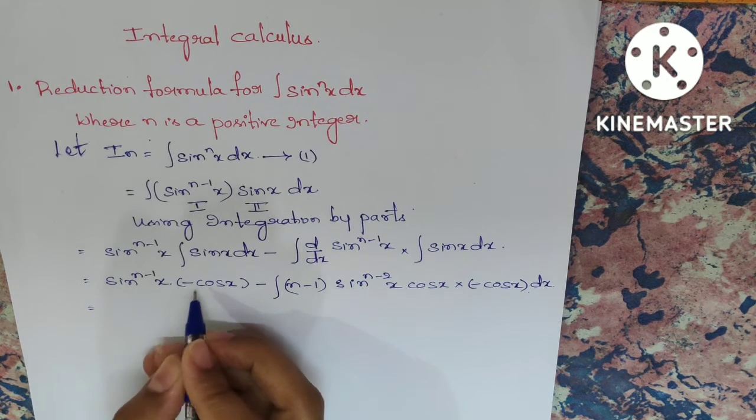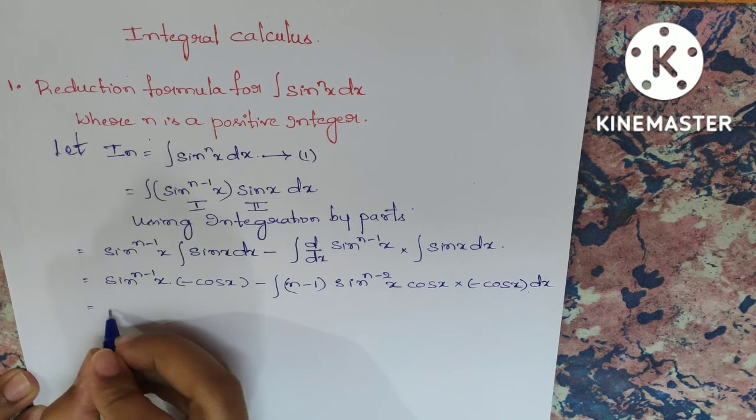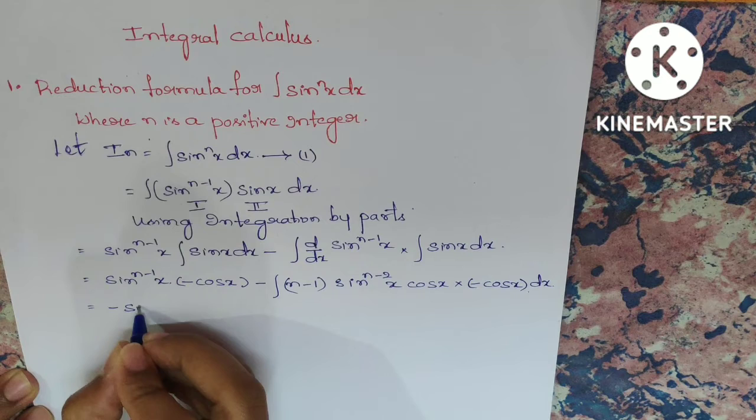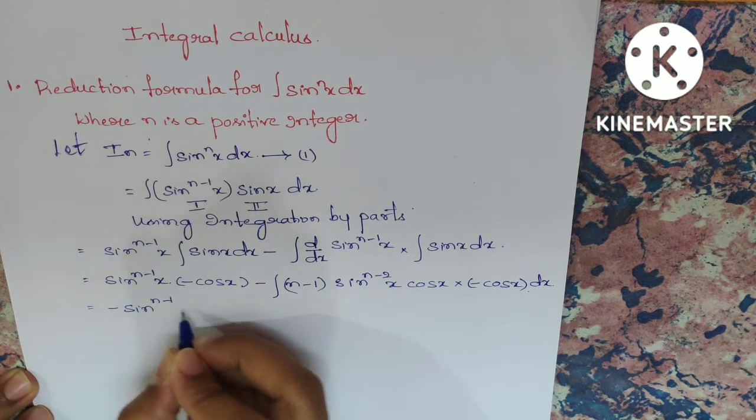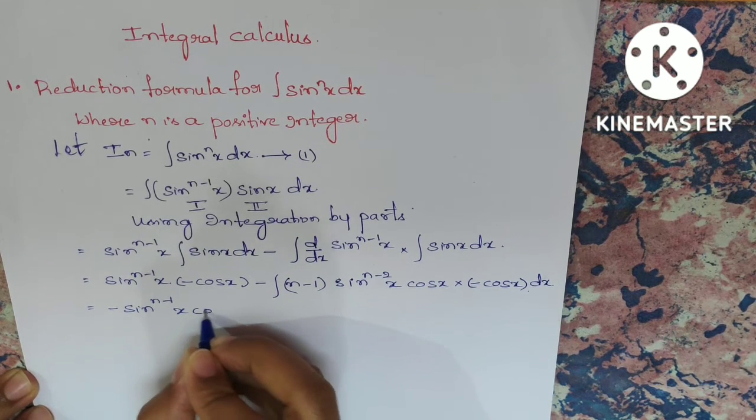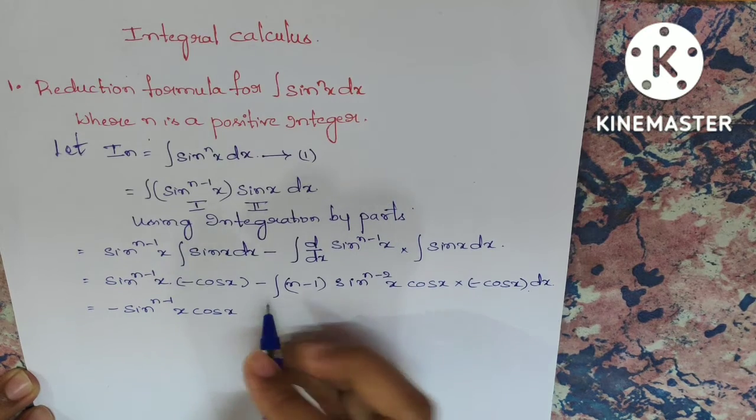This equals, I'll write minus outside here, minus sin^(n-1) x into cos x, here